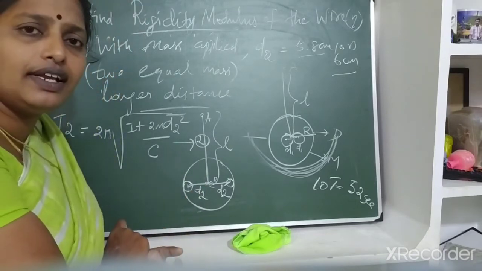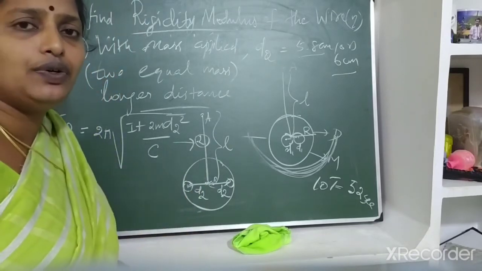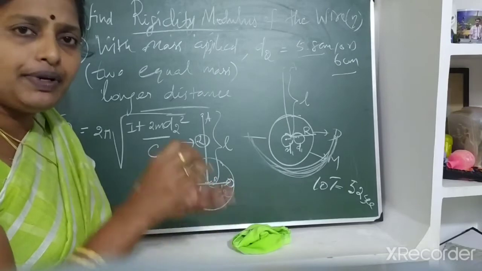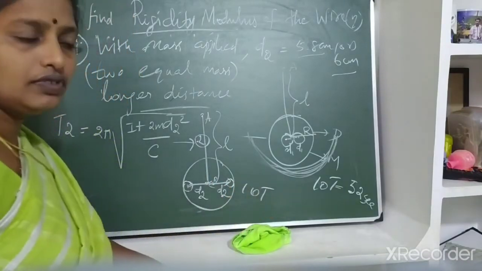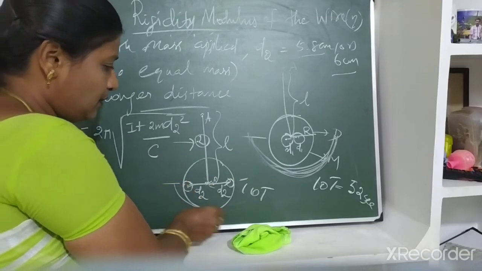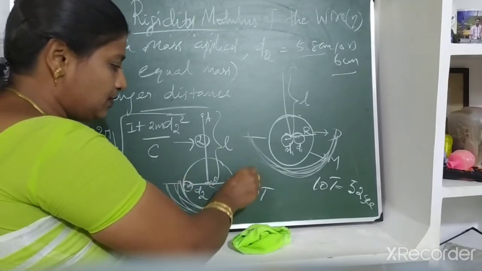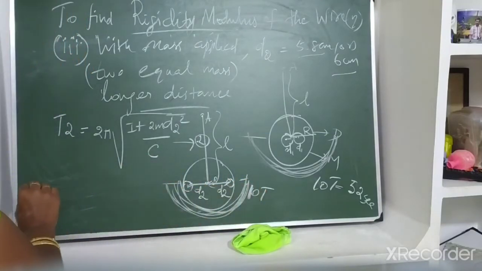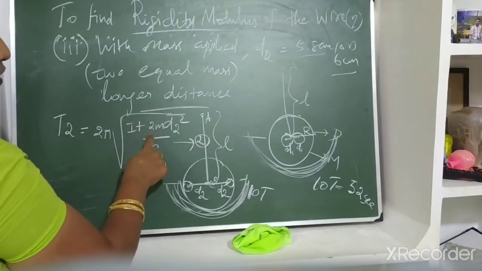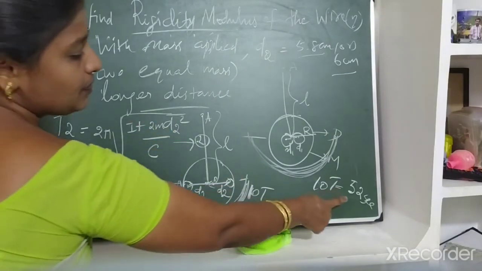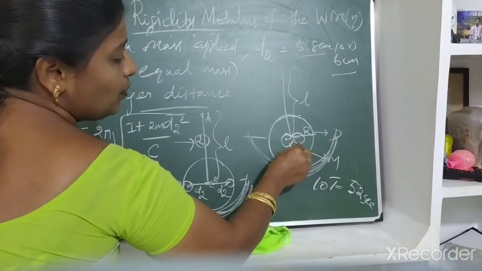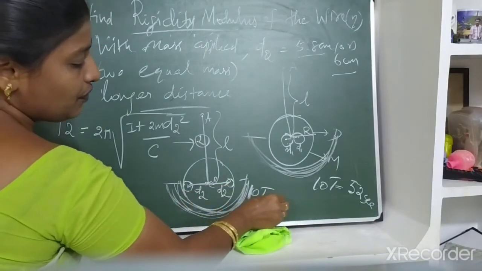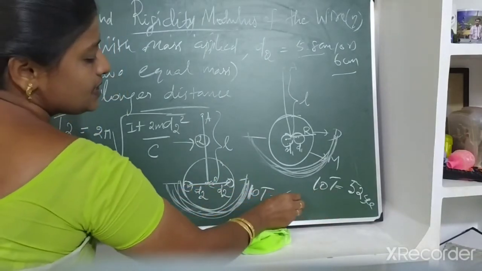With this phenomenon, find one period of oscillation, which is the deflection timing. Similarly find 10 oscillations, counting from one end to the other: left to right, coming back to left is one; left to right, coming back; left to right, coming back. Find the oscillation time. That is T2, equal to 2 pi root of (I plus 2m d2 squared) by C. For example, this is 552 seconds for D1, the closest distance; D2 is the longest distance, where the time for 10T increases, for example 60 seconds.